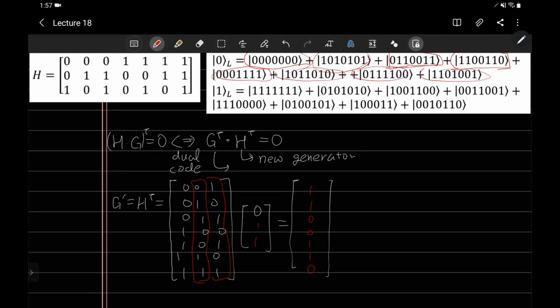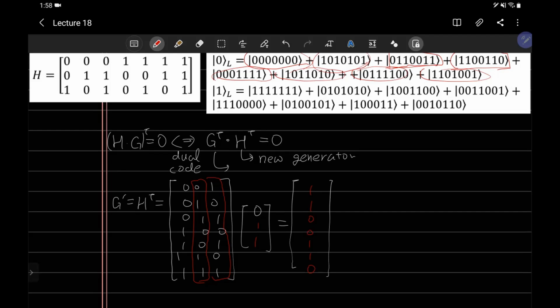So again, the CSS code is basically developed based on the idea of the Hamming code, and that's why they might look very weird at first sight. It might take a while to see why they chose this dual code for the encryption of the logical 0 and 1 for the CSS code. But I hope that at least this gives you some insight for the choice of the